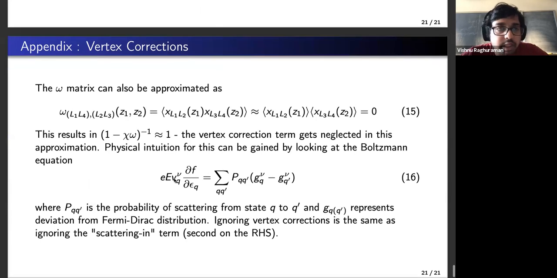If you express the Boltzmann equation version of this, where f is your distribution function with respect to energy, then you have these two terms here. One is scattering from Q to Q prime, and then scattering from Q prime to Q. If you ignore the Q prime to Q term, which is the scattering in term, the back scattering, that's what is referred to as ignoring vertex correction. So that doesn't have anything to do with the many body